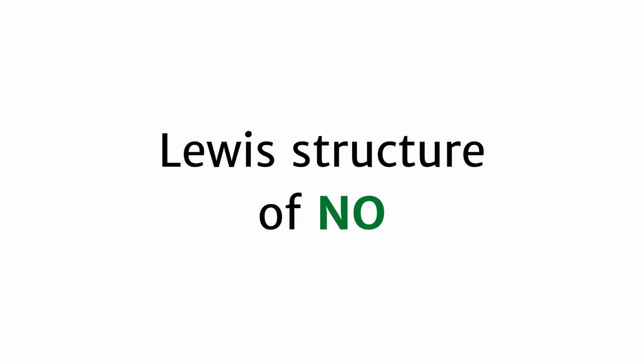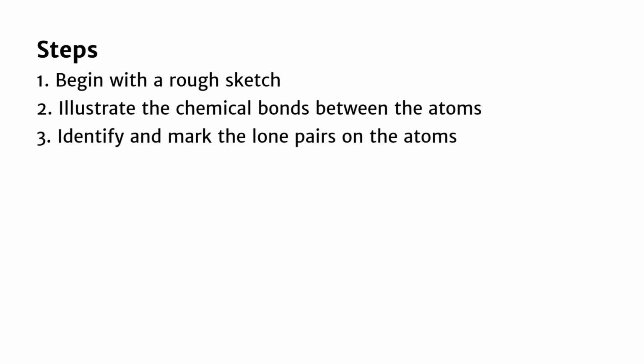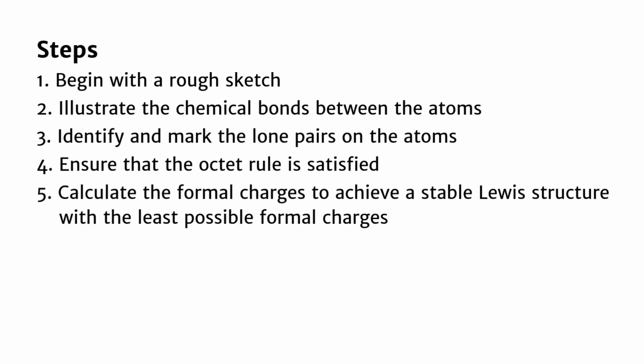Let's create the Lewis dot structure of NO, better known as nitric oxide. We can follow these simple steps to accurately depict the Lewis structure of NO. First, we'll sketch a rough diagram of the structure. Next, we'll illustrate the chemical bonds between the atoms. Then, we'll find the total number of lone pairs and mark them on the structure. After this, we'll ensure that the octet rule is satisfied for each atom. Finally, we'll evaluate the stability of the structure and aim to achieve the most stable Lewis structure with the smallest